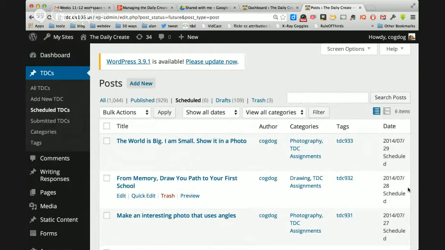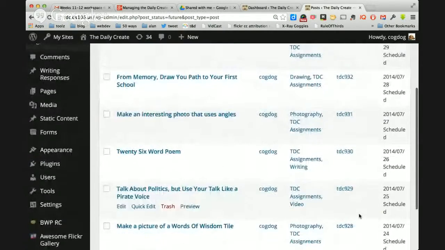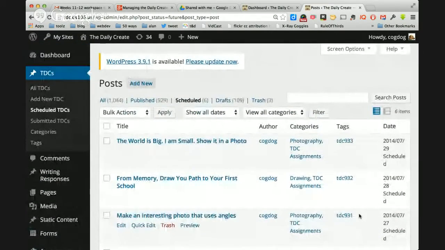Right now I have things scheduled out, and the first one here is July 29th. So it's sitting in the queue, and it's not on the site until we get to that date. There are about seven here. If you ever come in here and there are none, that means there are none set to go, and you might have to do one really quick. I would like to write something that will send a little notification warning when the tank gets empty, like the warning you get in your car when the gas tank is low.